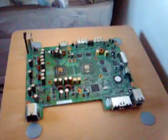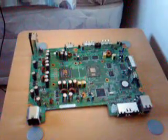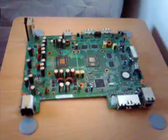Today I'm going to try and help any of you who have the 3 red lights of death on your Xbox 360. I'm going to show you a couple of methods of how to do it. It's not guaranteed to work, but it works for me. One of the methods I've already done is,